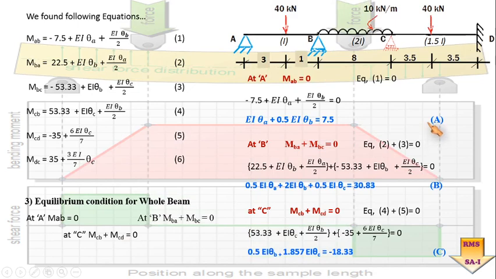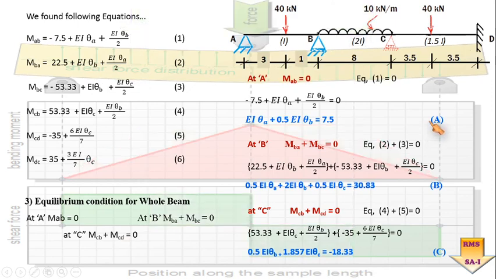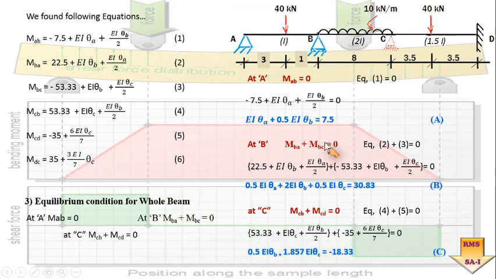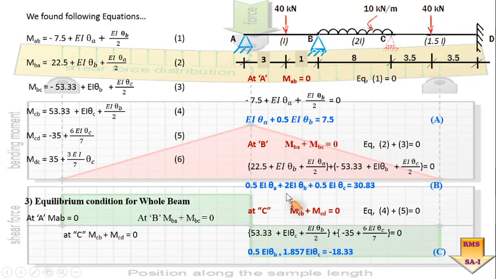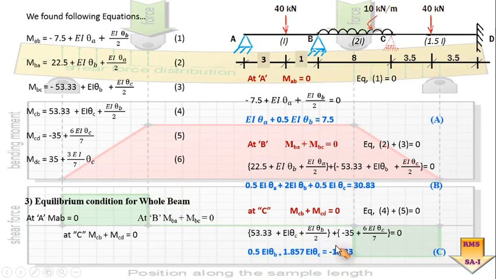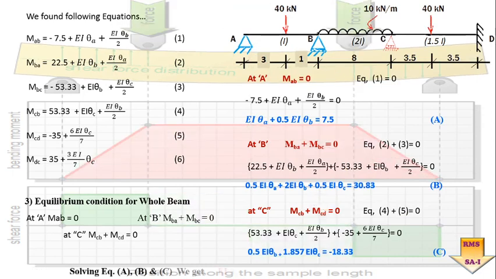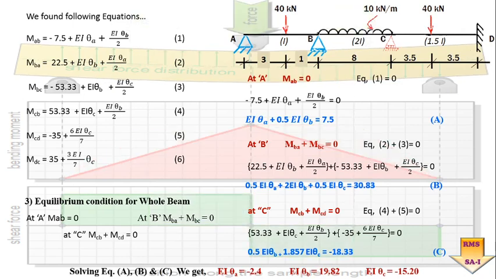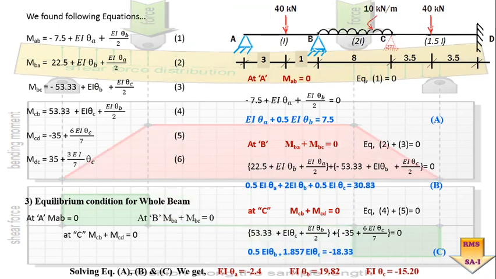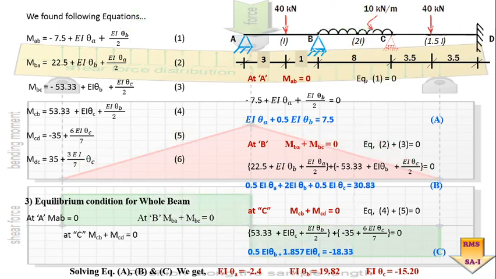So now we can see I am equipped with three new equations, equation A, B and C. So if I really study these three equations, I conclude I have three unknowns, theta A, theta B and theta C, and three equations. By solving these three equations, we'll be definitely getting the three unknowns present in this particular system. Is it okay? So these are the various values of the displacements occurring about point A, B and C. Is it okay? So all these values were nothing but the basic unknowns present in this particular system.